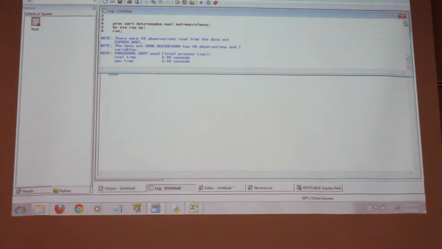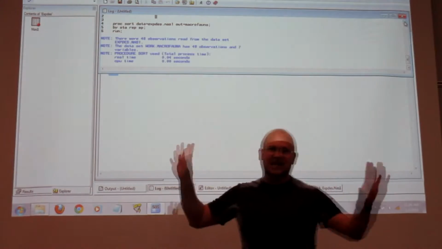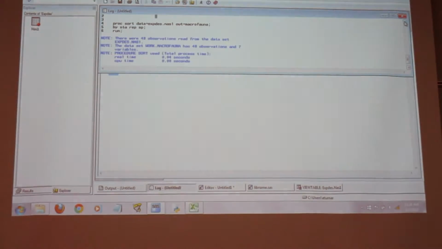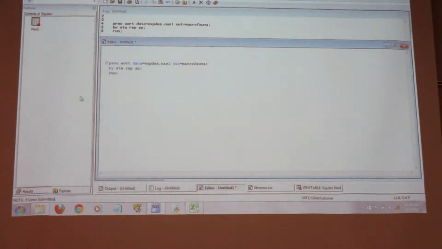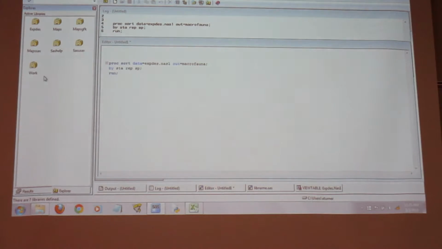Okay, so it says what we did, and there's still 48 observations. Should be exactly the same, right? We shouldn't get rid of anything. But it's not in my class folder, right? So where did I put it? Work. In work. So let's go up and look at it.